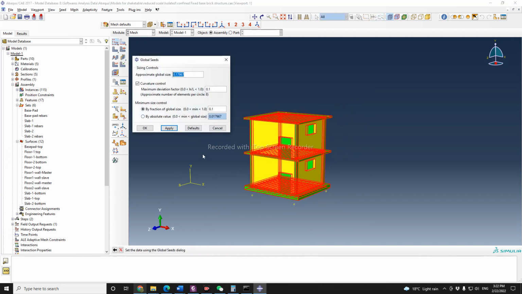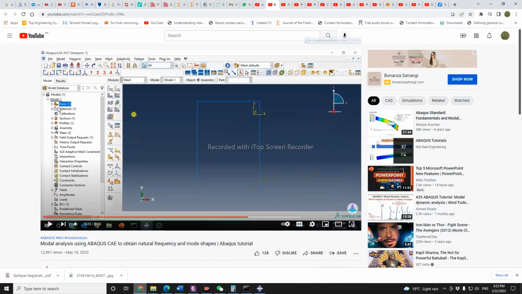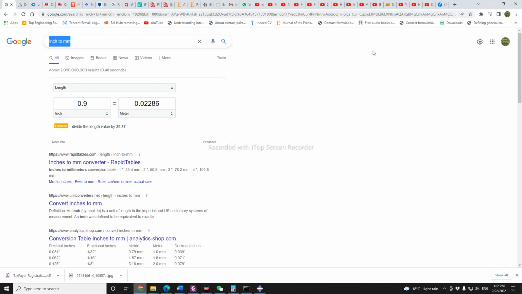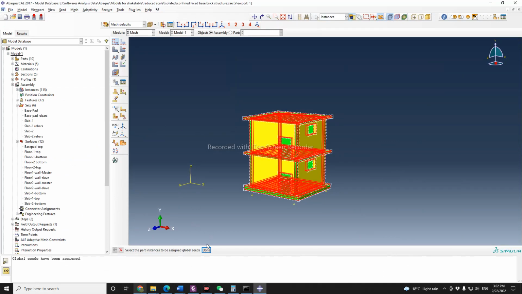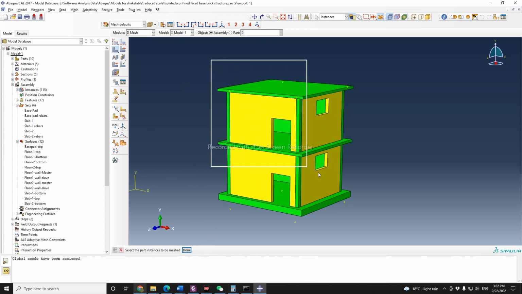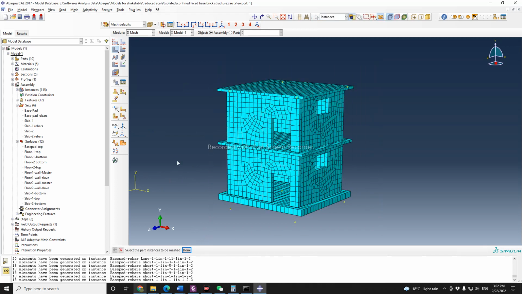Let's see what kind of mesh can we generate. Just select the entire thing, and I want to mesh it at every, let's say, 4 inches, which means 0.1016. Just apply it and see how much finer or coarser mesh do we have. Whole thing. Okay, so this is how now we have some, although it's also okay,